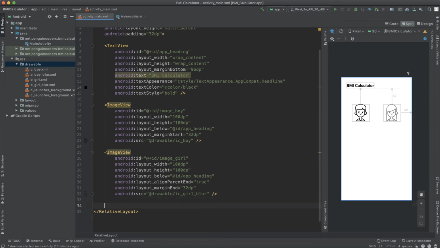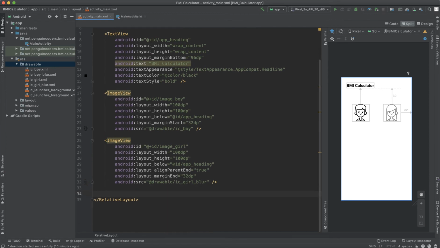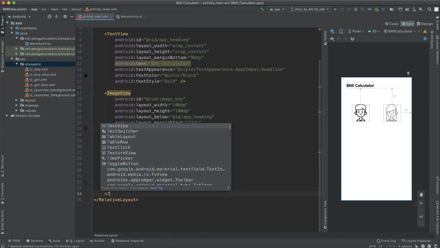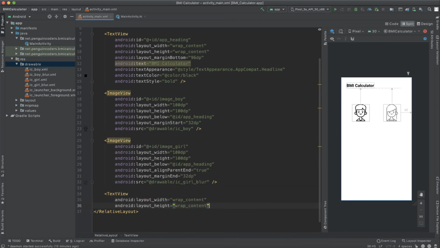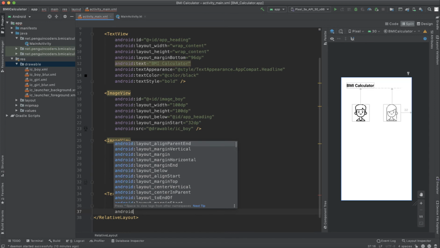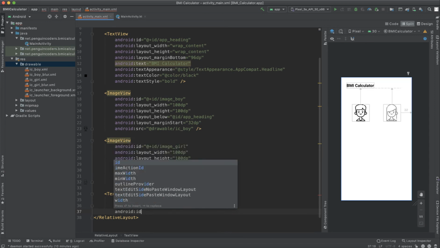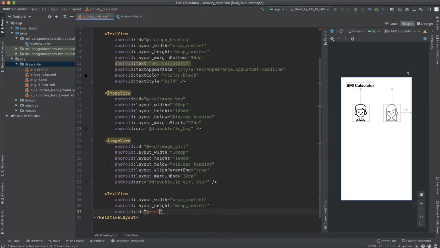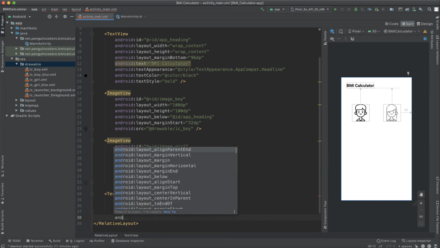After this has been added, we will add one more text view so that whichever is clicked and all, text view, and width and height will be wrap content always. Then we will add a heading, add an ID. So Android ID is equal to plus ID slash weight heading. So weight heading basically will be a text called as weight. So we will keep it below. So let me add the text here first.